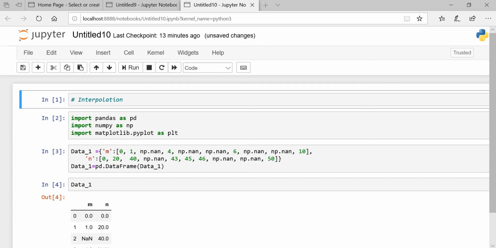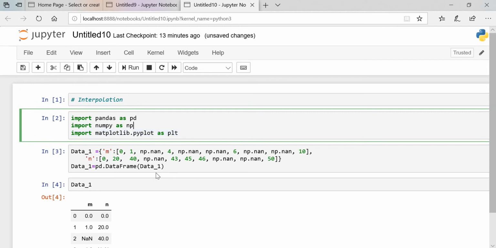In this tutorial, we are gonna learn about interpolation. What is interpolation? How can we find the NaN values with interpolation? We'll see in this tutorial, and we'll see the methods of interpolation with matplotlib and the graph. So let's go ahead, guys.